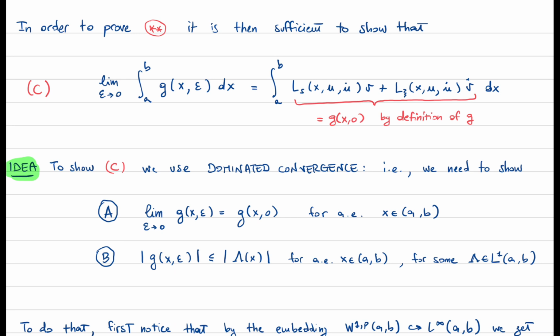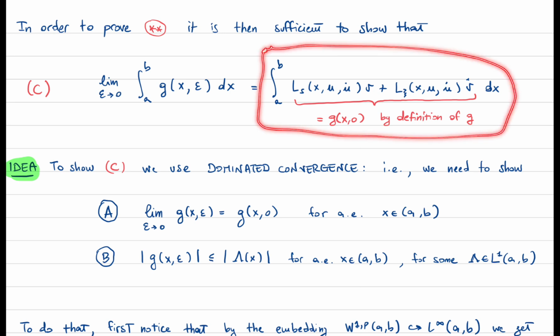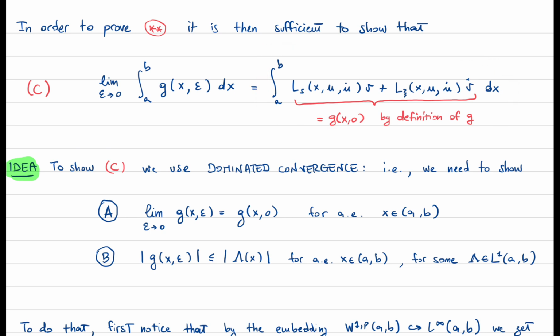Okay, so I'm just rephrasing 2 star, because this was the difference quotient, and this is what we want to show, that the difference quotient was equal to this guy here. And just notice that this function here is just g